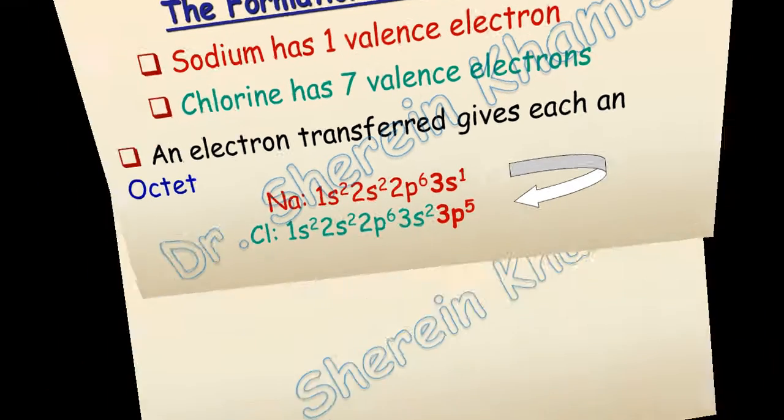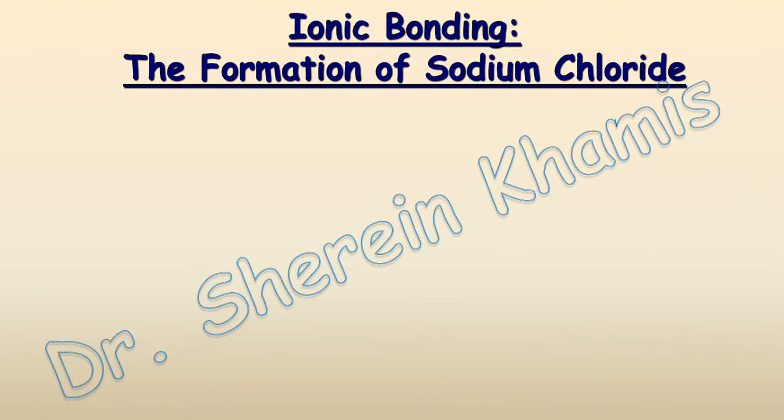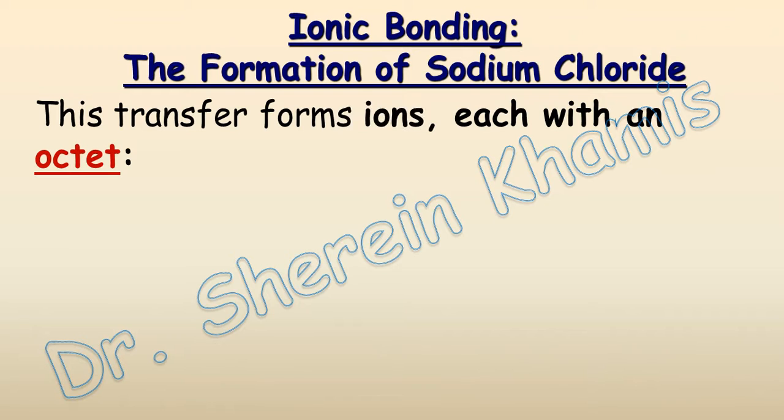Okay, the formation of sodium chloride here is by transfer of an electron from one atom to the other, one loses and the other gains, each with an octet state. If we have sodium here, after losing we have 1s2, 2s2 and 2p6,